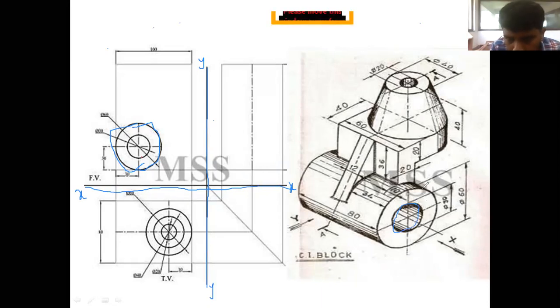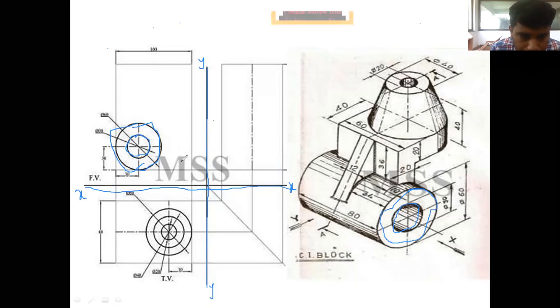Next it is the outer diameter. The outer diameter is given. You have to draw both first. So outer diameter and inner diameter. Next you have to mark all these things.